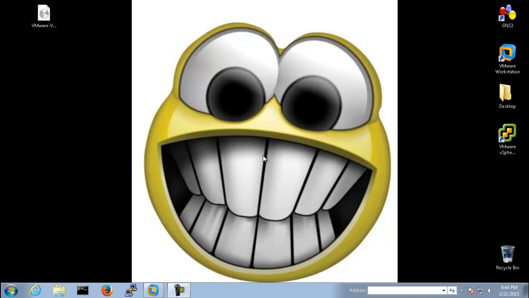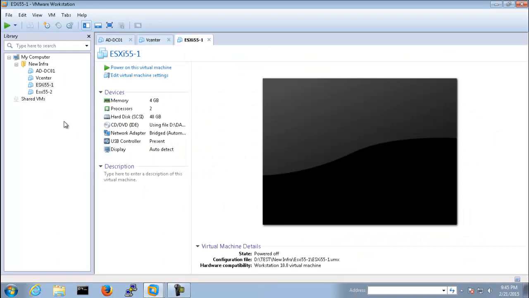Today we are going to deploy our ESXi host in our newly built infrastructure. Since we already worked on Active Directory and DNS, we did a little bit of installation and configuration, whatever is required for this home lab. So right now we want to add a new ESXi host to our infrastructure. I do have two other ESXi hosts, but just for the sake of demonstration, I will go and deploy another